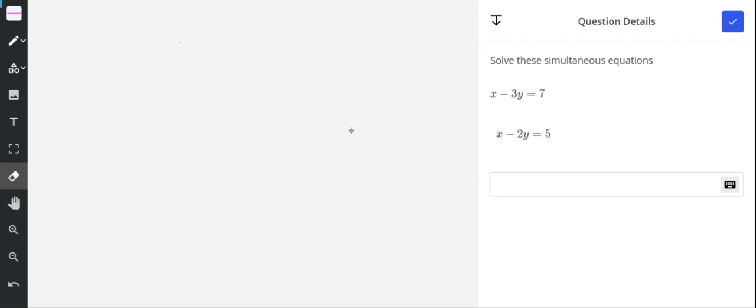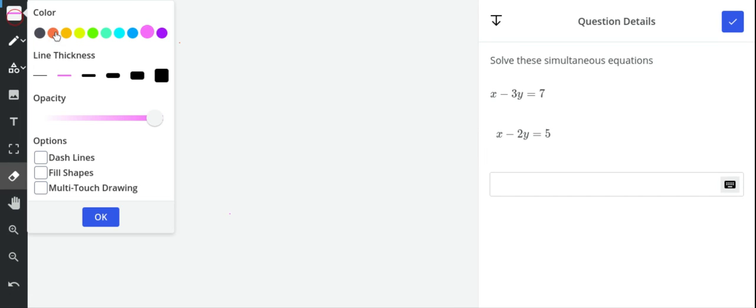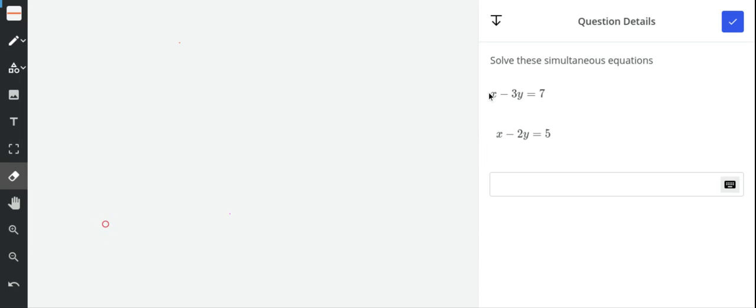Hi, solving simultaneous equations. So this simultaneous equation is really nice because it's set up to be solved by the process of elimination. So elimination is when you add or subtract the two different equations together in order to get rid of one of the variables. So if I take, let me just grab my pen here, x minus 3y equals 7,